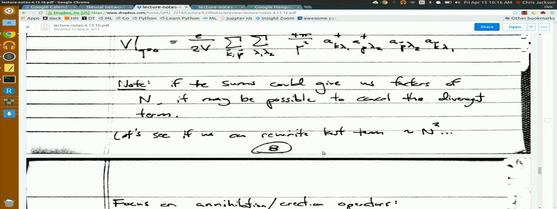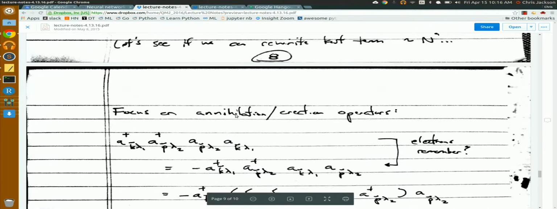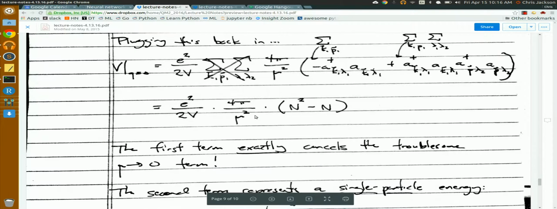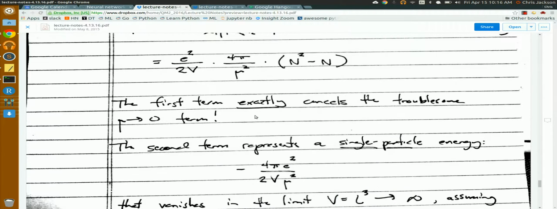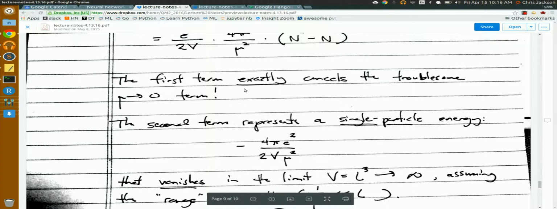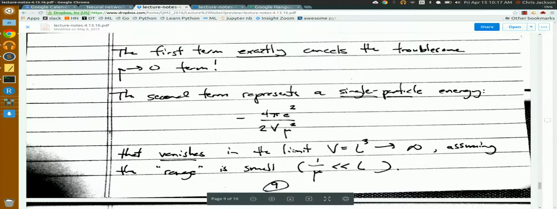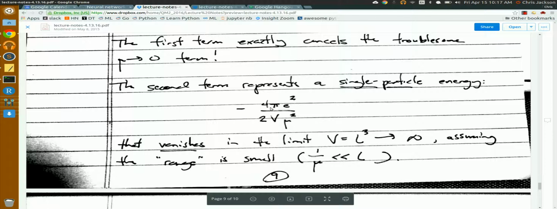And so that's what happens. So this thing cancels, and after some algebra with the annihilation and creation operators, we see that it exactly cancels. We're left with one term that goes like 1 over mu squared, but here we've got a factor of the volume, and so what we do, remember in this big box approximation, is take V or L to infinity, and if the range of the potential is small, which is what we have, it's just a Coulomb interaction